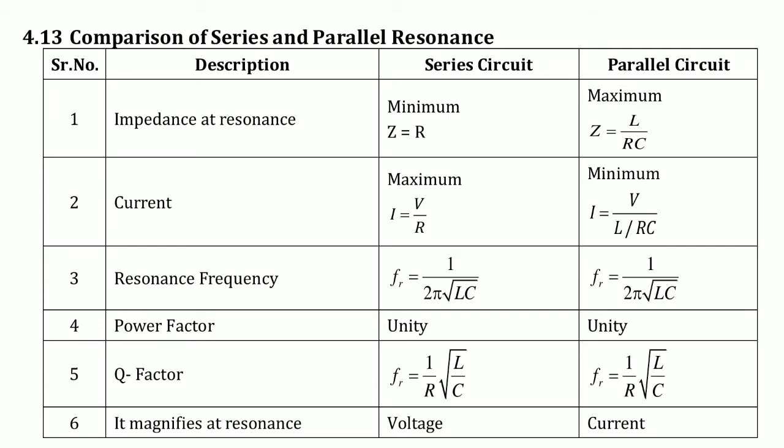Now in a parallel circuit, I is equal to V by Z, where Z is the maximum value, so I is equal to V by L by RC. With the maximum impedance in the denominator, the current is minimum. So in a parallel circuit, the current is minimum, and in a series circuit, the current is maximum at resonance conditions. Now go for